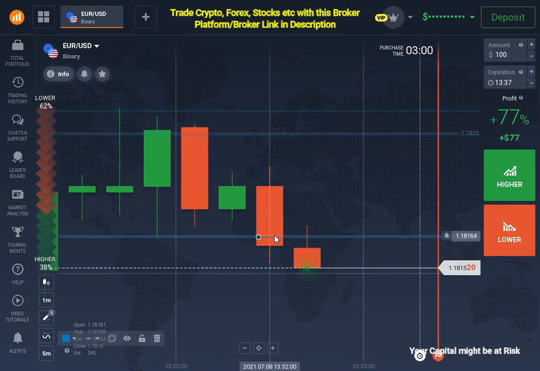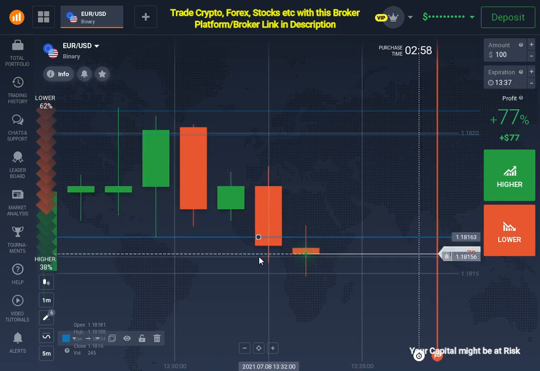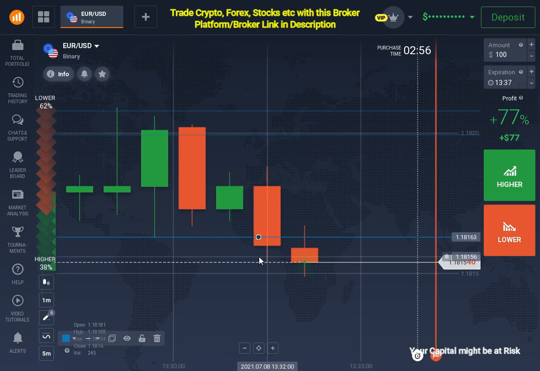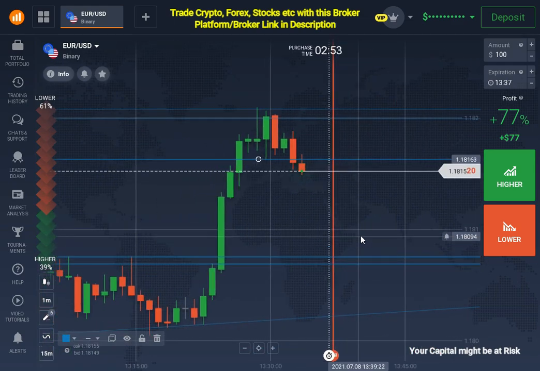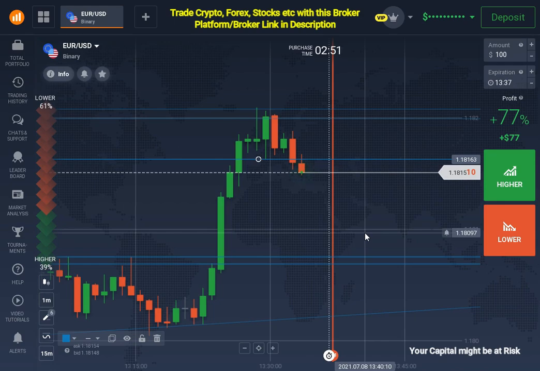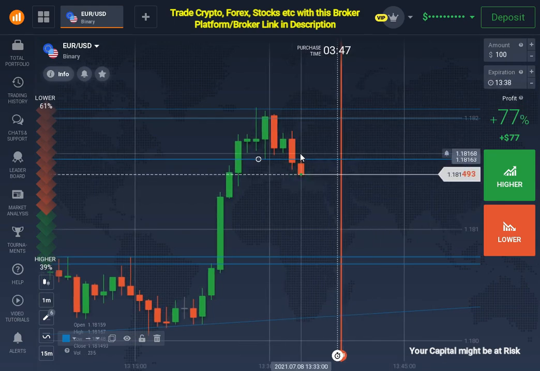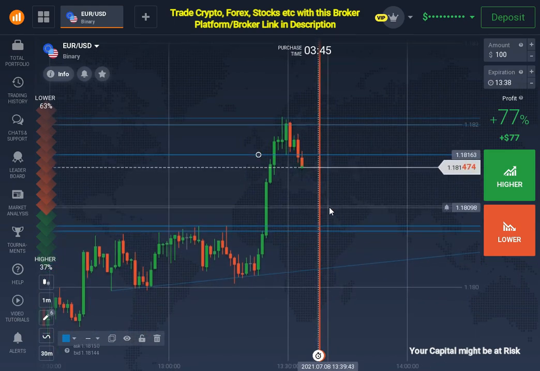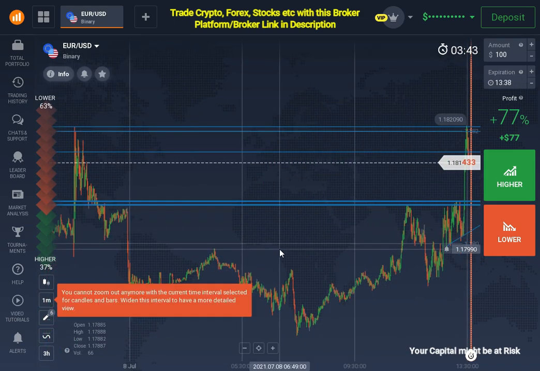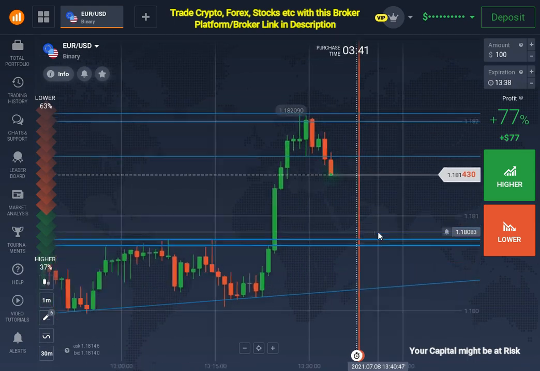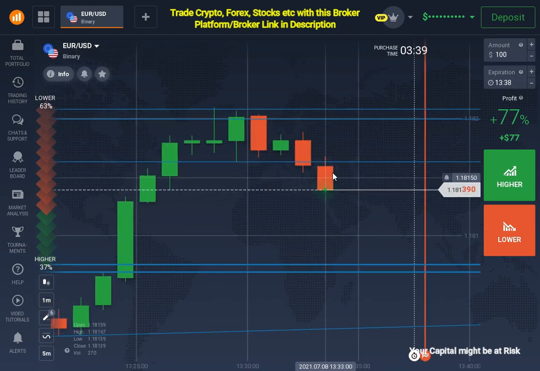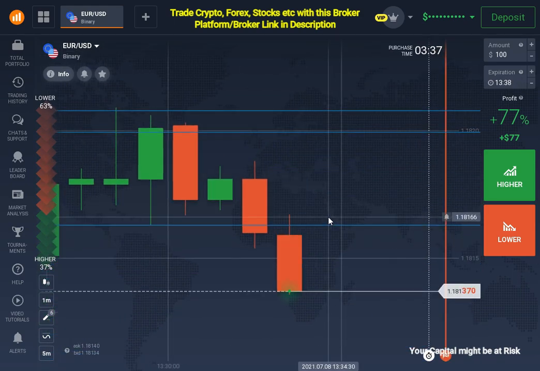I will rather wait for the candle to close completely below the level to confirm us that yes, this is a breakout. So in this case, you can see this is what I'm talking about. Now market is, you can see it is what I can say a breakout candle.